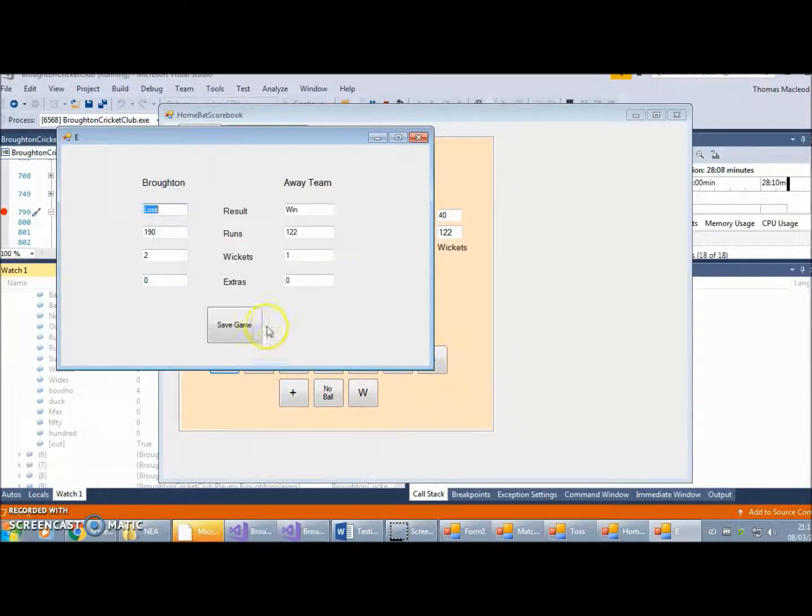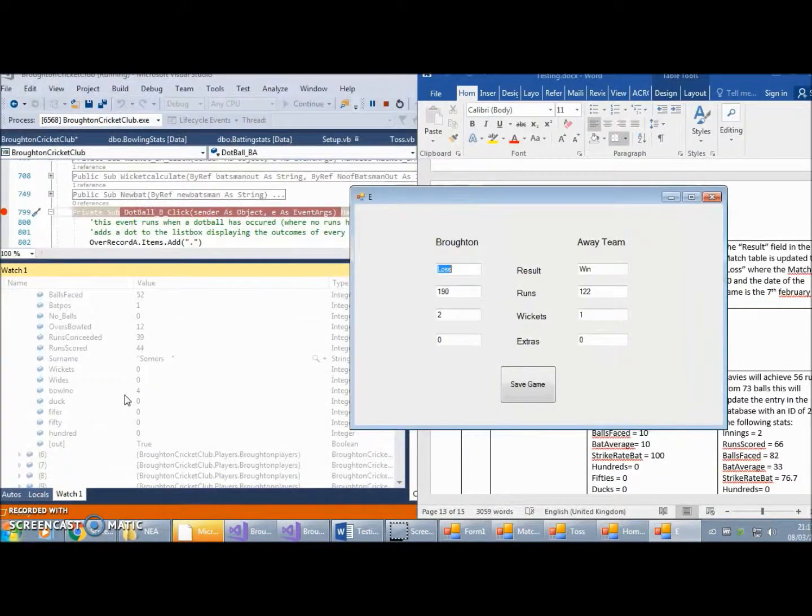This is test number 23, to test that the correct result is stored within the match players. As you can see, the program has calculated the wrong result, so the wrong result will most likely be stored, but it's still good to test that the SQL connection is there. So 190 runs to 122, yet the away team stored win, so that is incorrect. So we will still test that